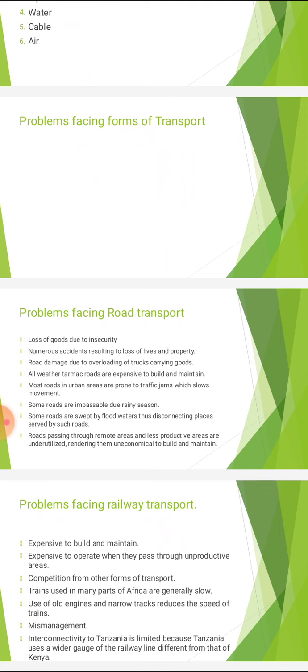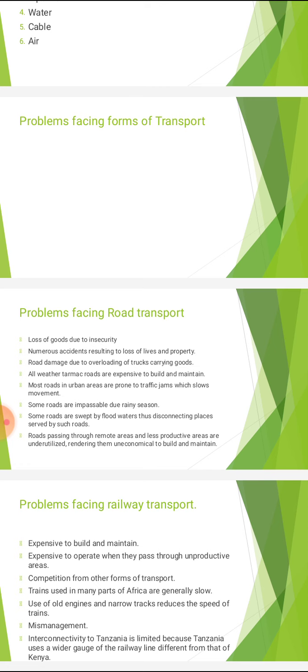Some roads are impassable due to rainy season. Some roads are swept by flood waters, thus disconnecting places served by such roads. Roads passing through remote and less productive areas are underutilized, rendering them uneconomical to build and maintain. Problems facing railway transport: expensive to build and maintain, expensive to operate when they pass through unproductive areas,